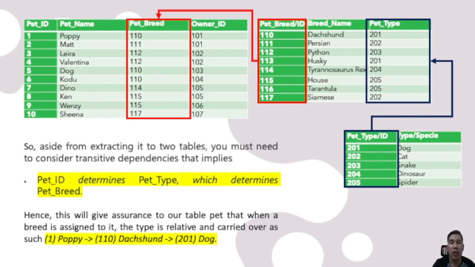Therefore, we are not able to resolve data integrity problems. So that is one of the things about resolving transitive dependencies, meaning there should be no transitive dependencies